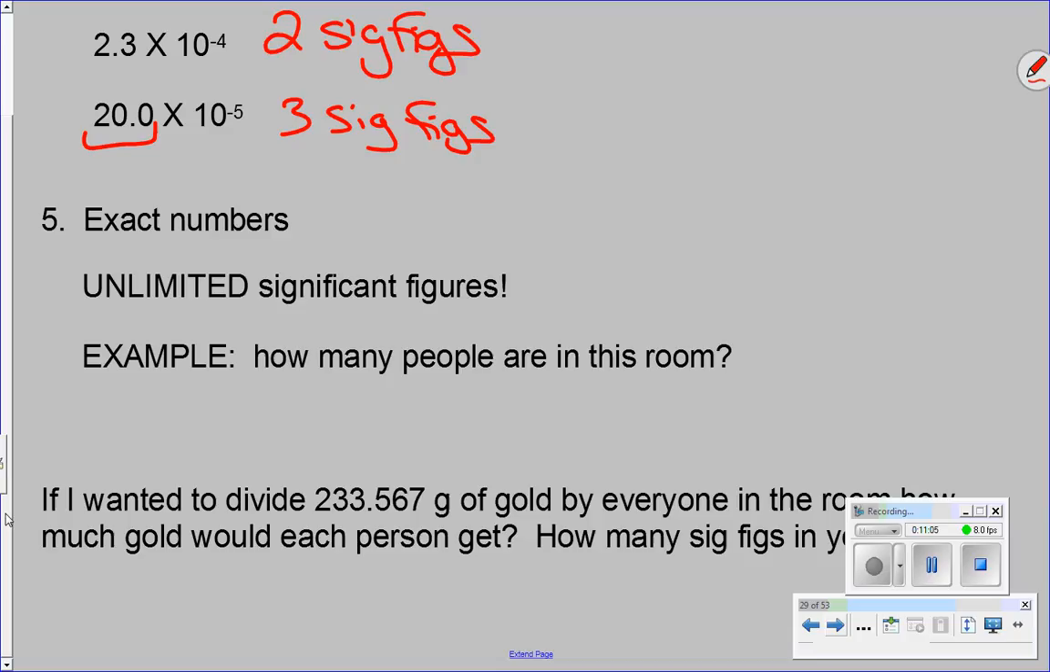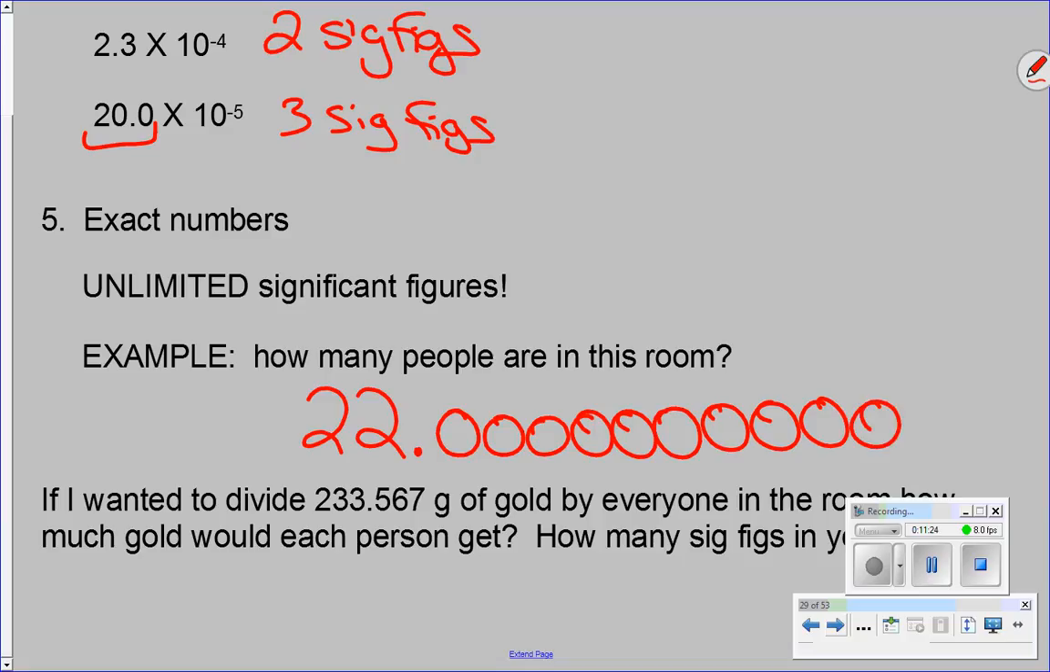Exact numbers have unlimited significant figures. So in a typical class, I'm going to say there's 22 students. In a class that has 22 students in it, we could actually kind of lie and say, well, it's not really lying. This is the same as 22. We don't really have any half people. We don't have 0.7 of a person in here. So we can be pretty confident that when we plug this number in, it should not limit the significant figures